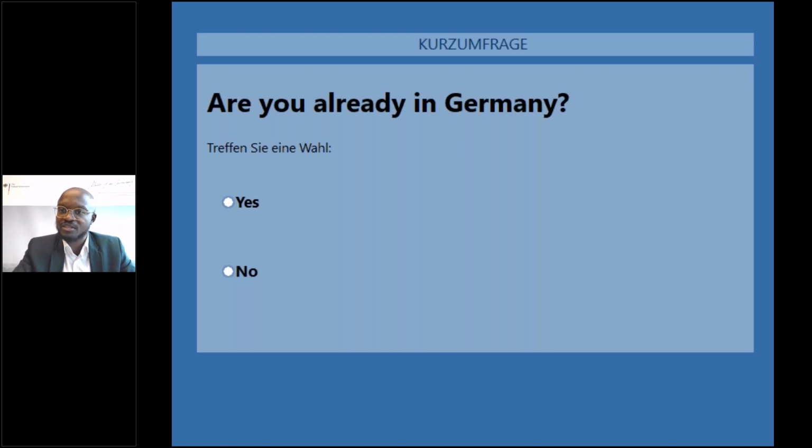Oh, interesting. So according to the results, 88% of people are outside Germany. And I'll give you 30 more seconds, and then we are going to move to the second question. So 1, 2, 3, 4, 5. Okay, so 88% of the people are not in Germany. It's really interesting. And the second question is going to be,